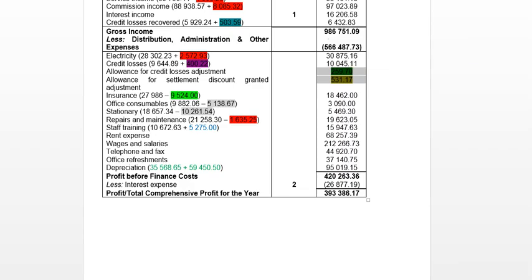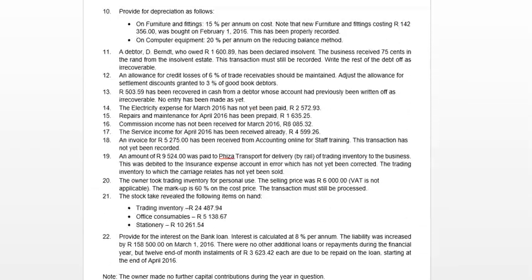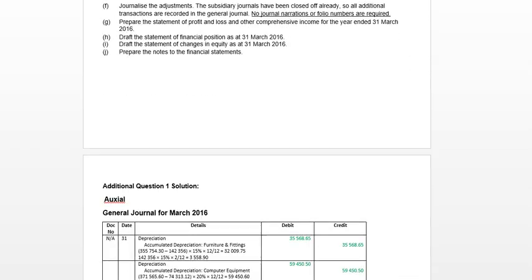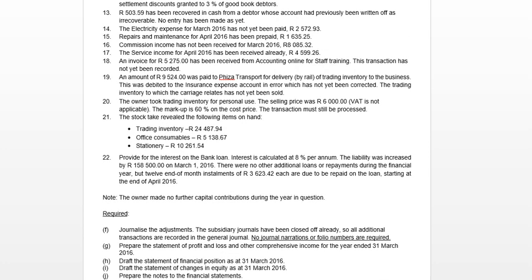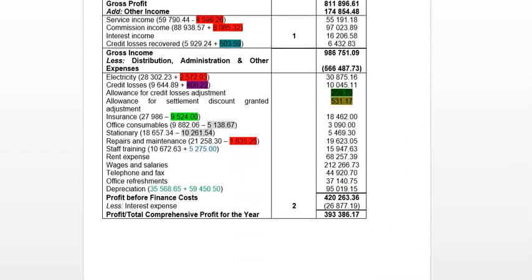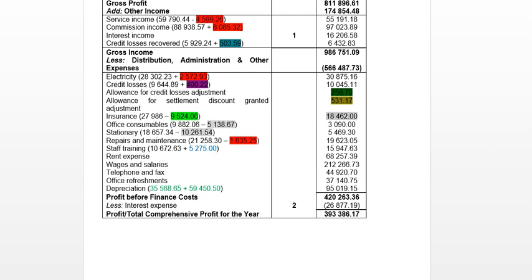Okay. Then if we look at our insurance expense, it was 27,986 Rand, but remember we made this error in which we debited our insurance account in error. So in other words, our insurance account has to decrease by this 9,524 Rand because it doesn't relate to insurance. We made an error in recording it as insurance. Okay, so our total insurance is then